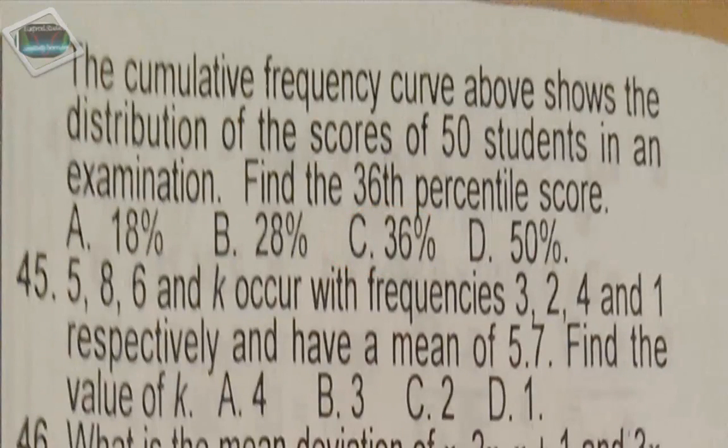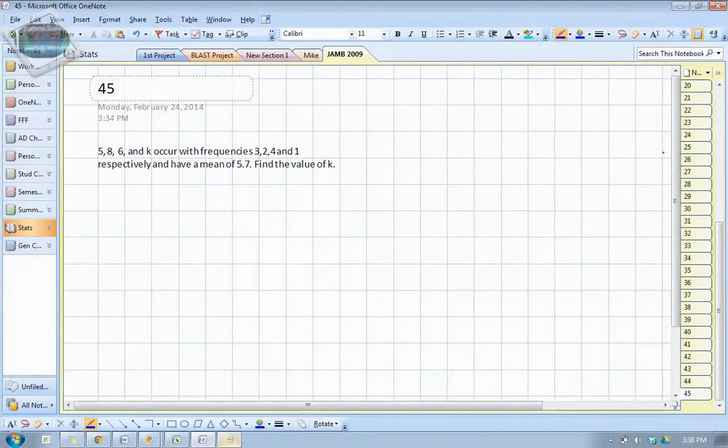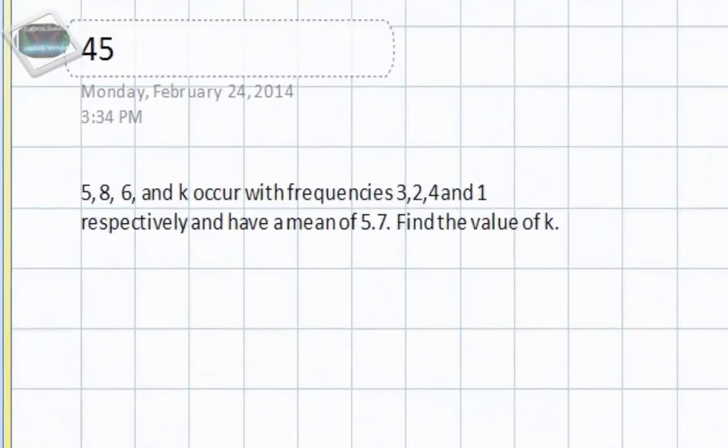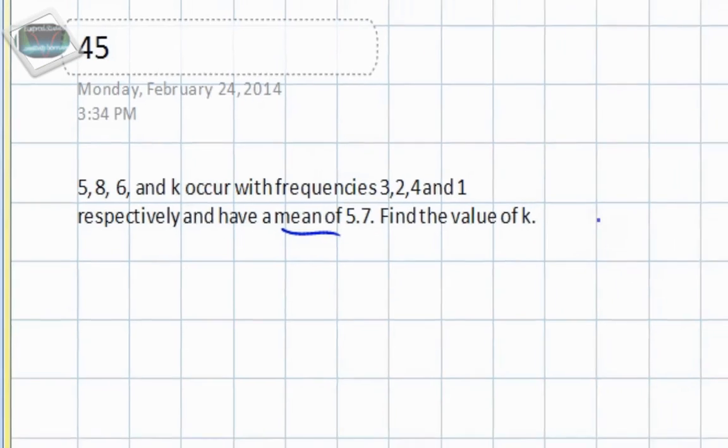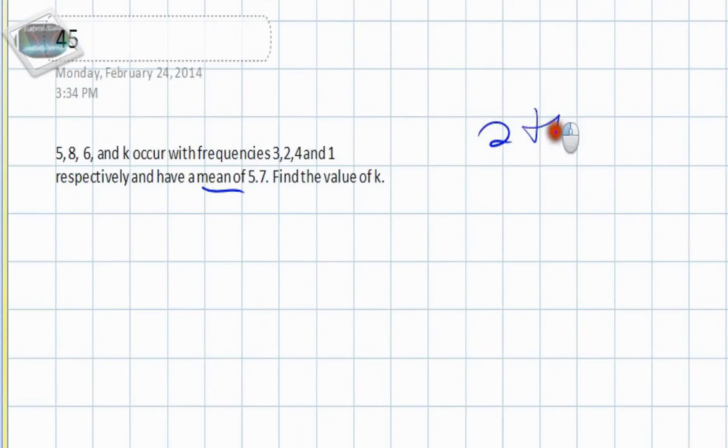So here we have question 45, and it says 5, 8, 6, and k occur with frequencies of 3, 2, 4, and 1 respectively, and have a mean of 5.7. Find the value of k. So we have to first think about what it means to find the mean, or the average of something. That's when you take a set of numbers and you add them up and you divide by how many times they appeared, right? So if I had 2 plus 4 plus 1, I would divide by 3 because 3